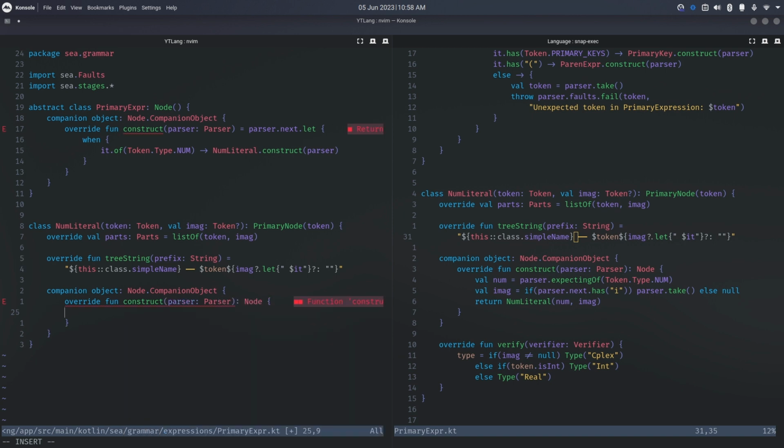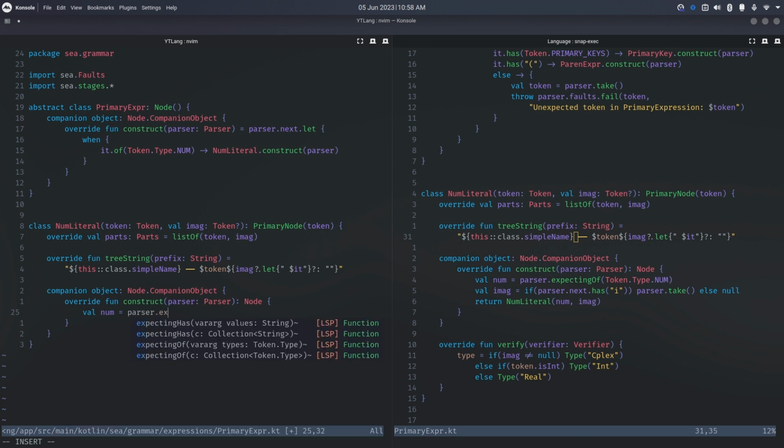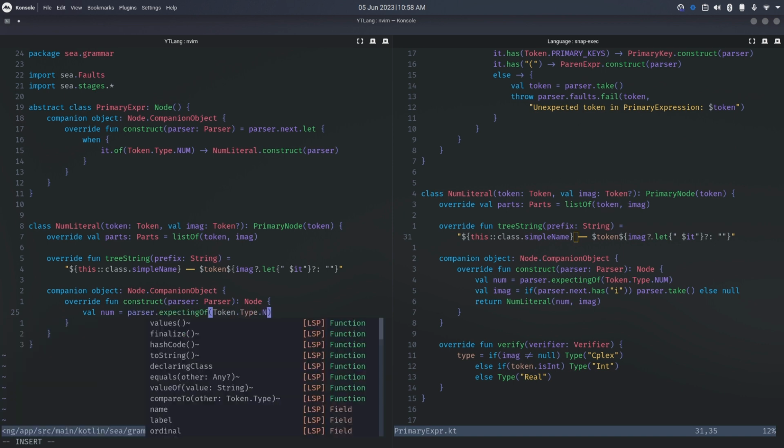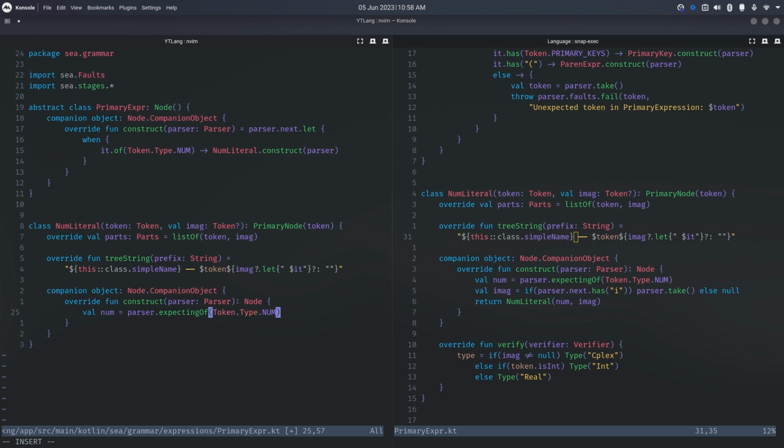Parser node. So val num is going to be parser dot, we're expecting it's of type token dot type num. And then for image, we could just say if parser dot next dot has an I, then parser dot take. Otherwise, it's null. And the reason this works, like initially when I was doing this in the very beginning, I